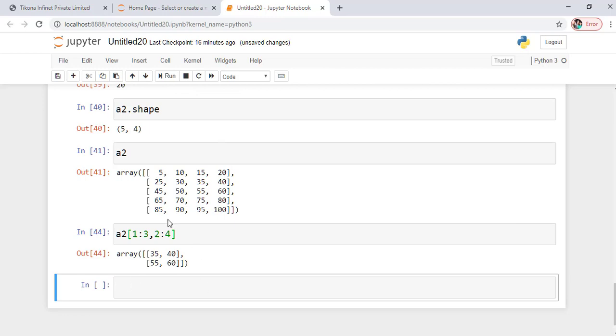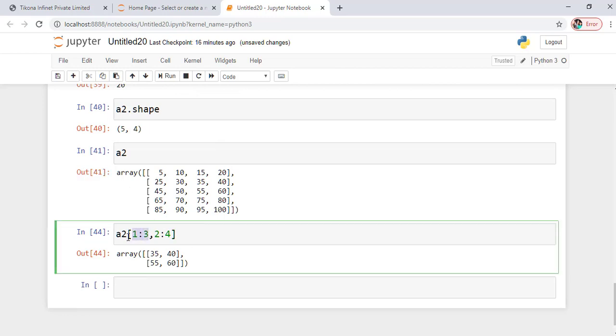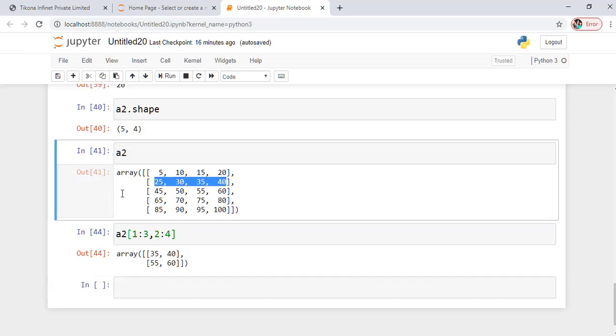So let's look at the slicing here. It's similar to what we used to do in lists. The first part in square brackets is for the rows and the second part is for the columns. So I start from the first row, go up to the third row. So only the first and second rows are included. So this is my first row. This is my second row. I'm looking at these two rows and I'm looking at columns from 2 to 3. So 2 and 3 are included here.